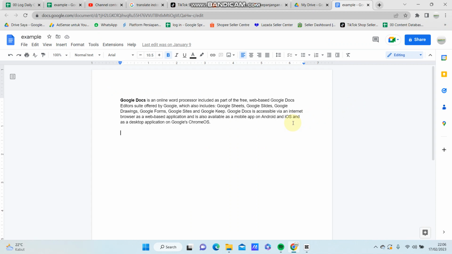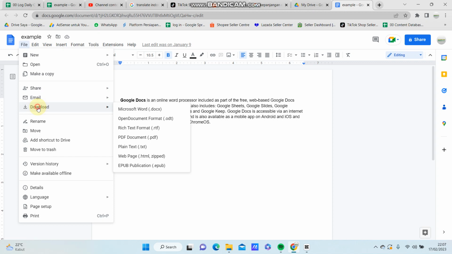After you finish editing the document you have, you are just going to select File, select Download, and select PDF Document to save as a PDF. But not only as a PDF, you can also save in another format here. So tap on video document